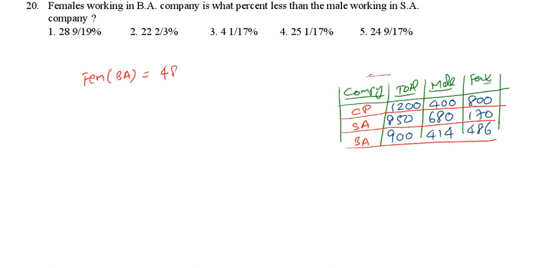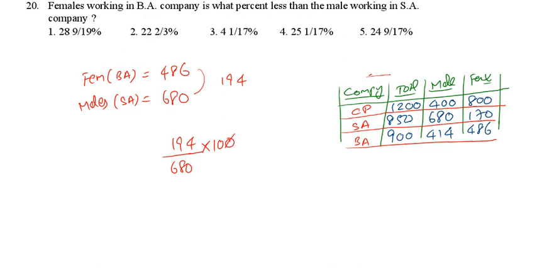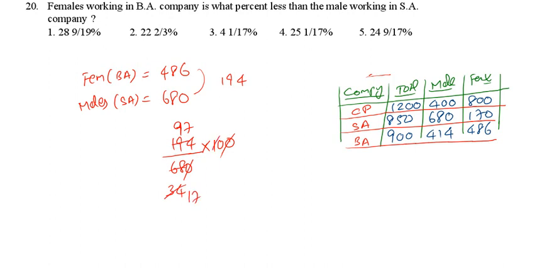The ratio between the total number of employees of companies CP, SA, BA is 24 is to 17 is to 18. The ratio of males and females in CP is 1 is to 2. The total number of male employees is 1494, and males of SA and BA are 70% and 3.5% more than males of CP. Now you come from this point. If you take from this point, it will be very easy.